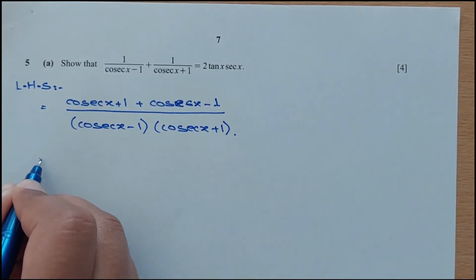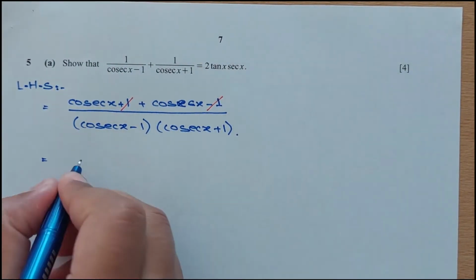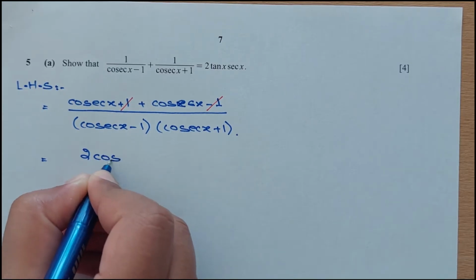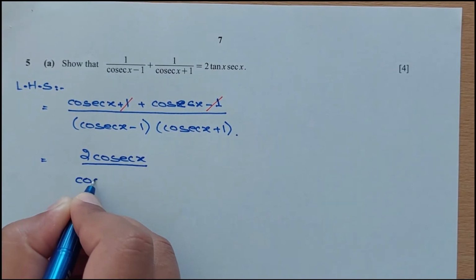Okay, now in the next step we cancel plus 1 and minus 1, which is just 0. We have 2 times cosecant x divided by cosecant square x